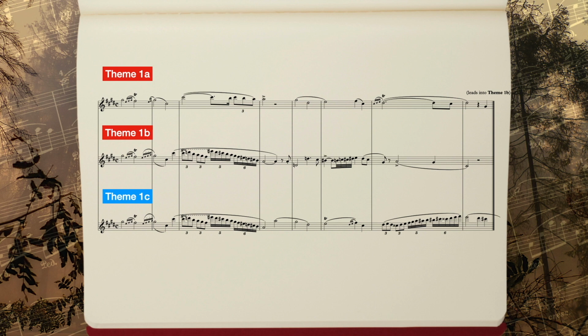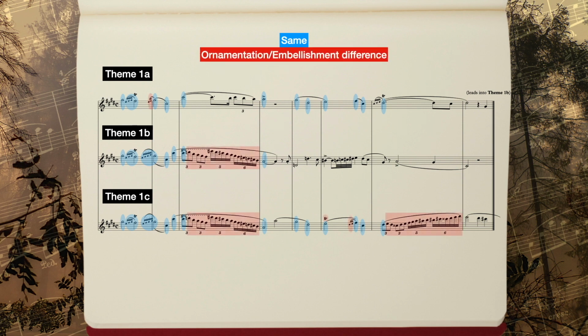Despite this extra phrase, I want to focus on the first 2 phrases of this theme, which relate to the entirety of the other 2 melodies, as they demonstrate how Chopin uses embellishment and reharmonization to develop his musical ideas. In the figure on screen, I have highlighted pitches that are the same or similar in blue. In the opening 4 bars of the 3 themes, the broader brushstrokes of the melodies are the same, and 1B